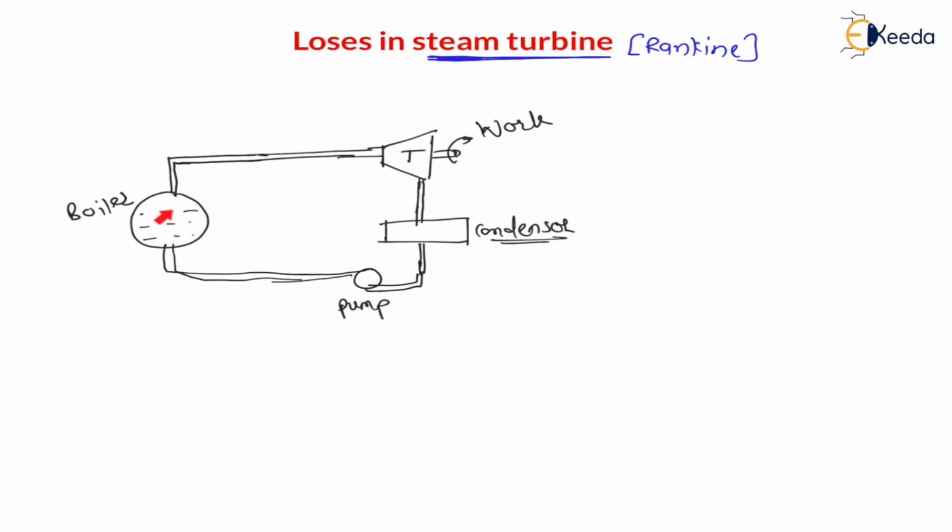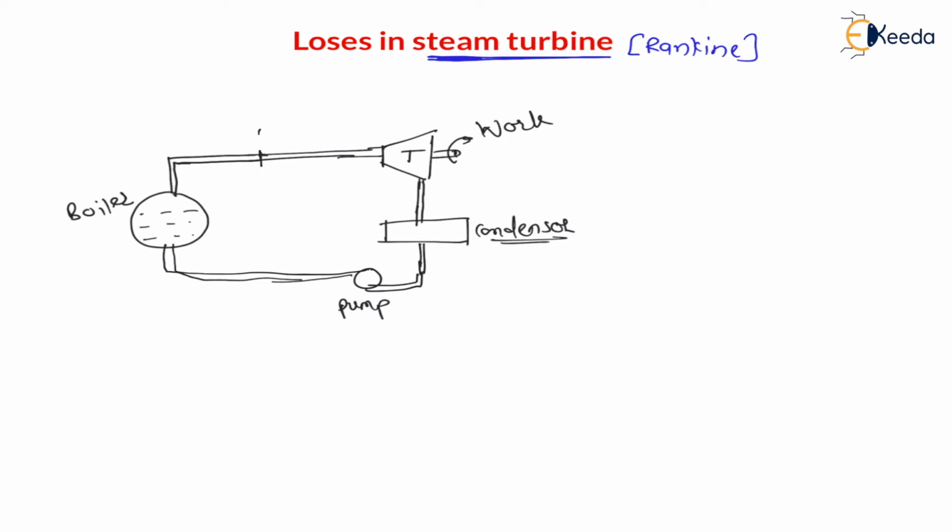This is a pump. These are the four devices. Number one, boiler, where at constant pressure water is converted into steam, that is the heat supplying device. Then steam is flowing through pipeline towards turbine. In turbine work is produced, and turbine is a reversible adiabatic expansion, right? Then the exhaust from the turbine is passed through the condenser, so that at constant pressure heat is rejected from the steam. After condenser the condition is saturated liquid state, so to circulate this liquid we need to use a pump, right?